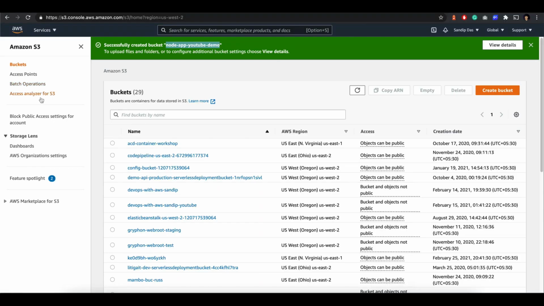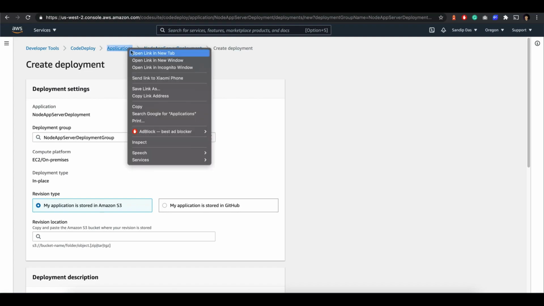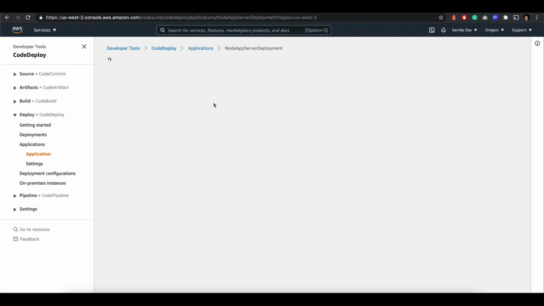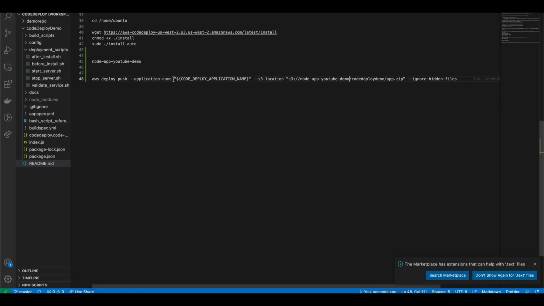This is the bucket, and if you go to CodeDeploy, the application name is node server deployment. You just click on the application, go here, and this is the name. Okay, we are all set. Now let's push the changes.